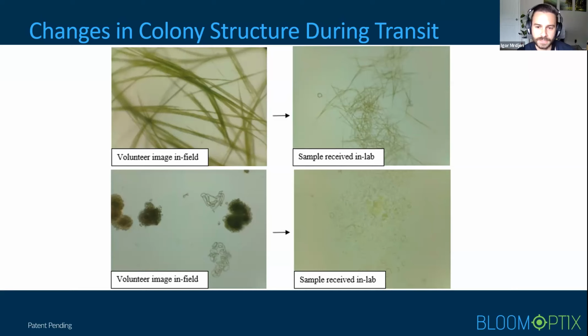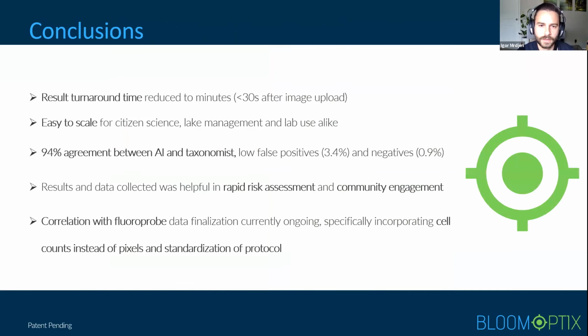So by the time we analyzed them in the laboratory, they would look completely different than what you would expect, or what you would see them looking like on site at the point of collection. So it was really kind of an unexpected finding for us throughout that study. But basically, in conclusion, we did accomplish our goals of reducing that turnaround time to that 30-second